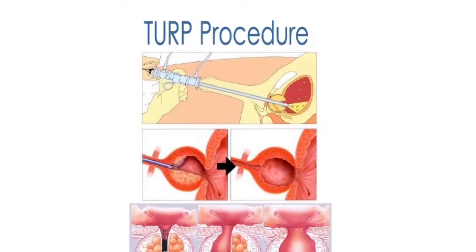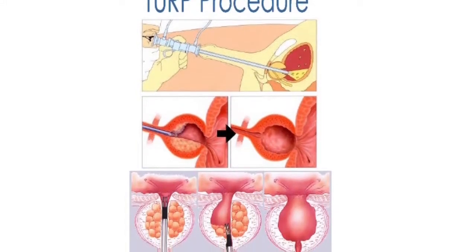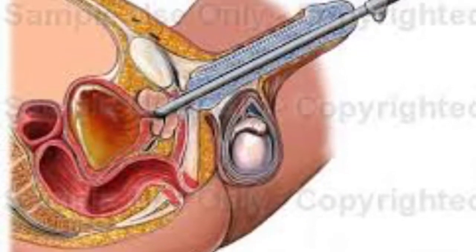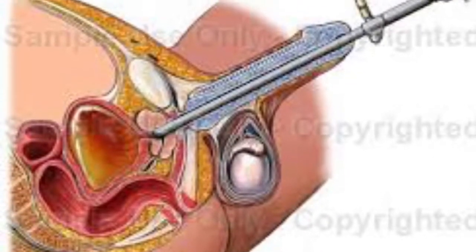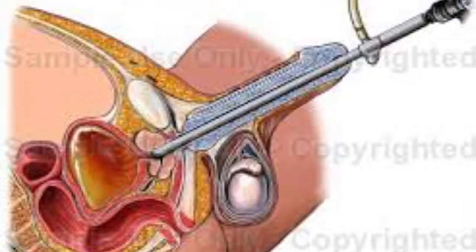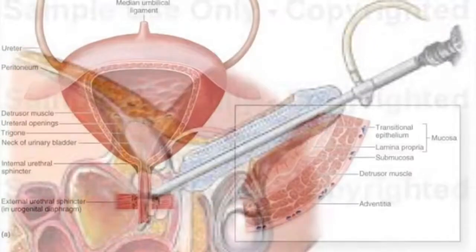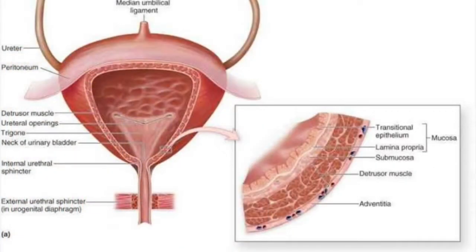Hey guys, so today we're going to be talking about TURP, which is transurethral resection of the prostate. The prostate is removed with a resectoscope that is inserted through the urethra. The A&P you will need to know for this procedure is the bladder, which is a trigone shape, hollow and